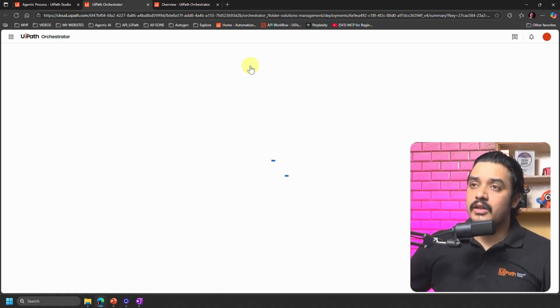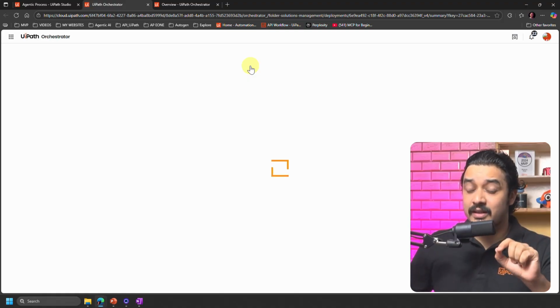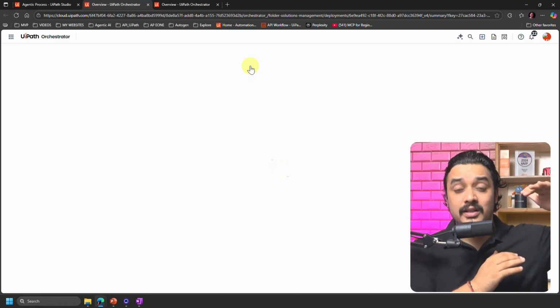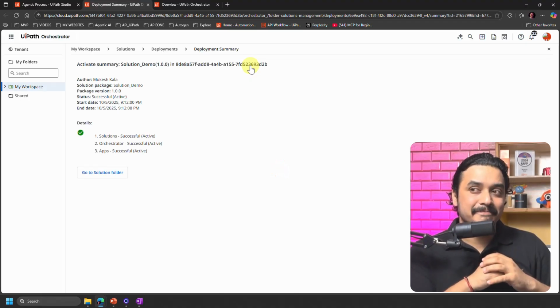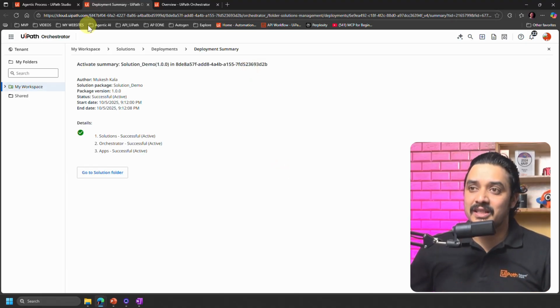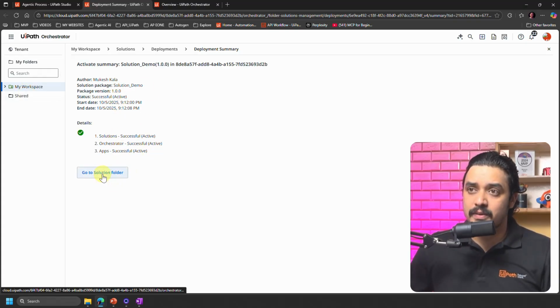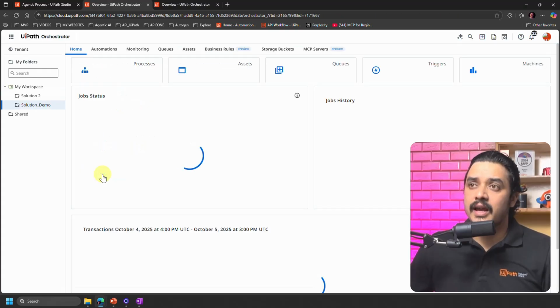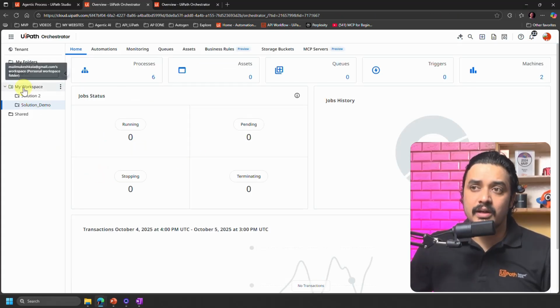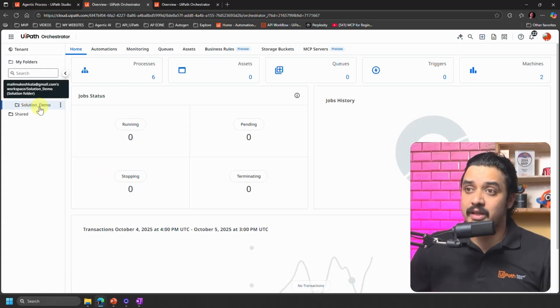Now in the orchestrator, I have not deployed the 6 components separately. Here you would see that inside my workspace, all of this is available for me. I can click on this button, which is solution folder, and that will go to my workspace solution demo. This is what I created. Now if I click on the solution demo,